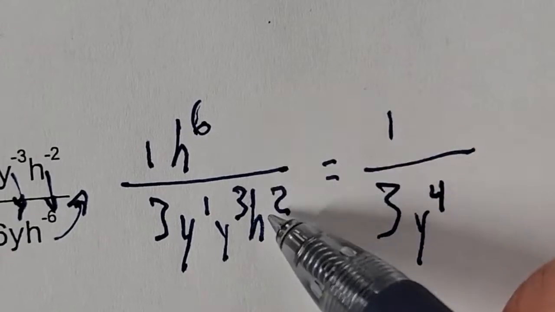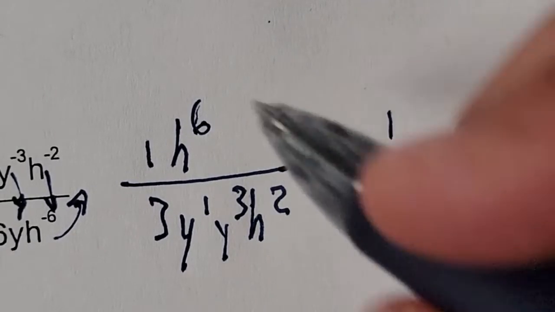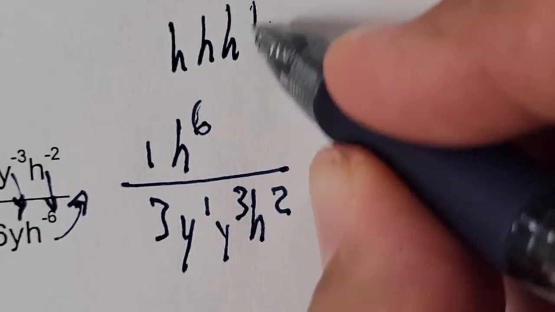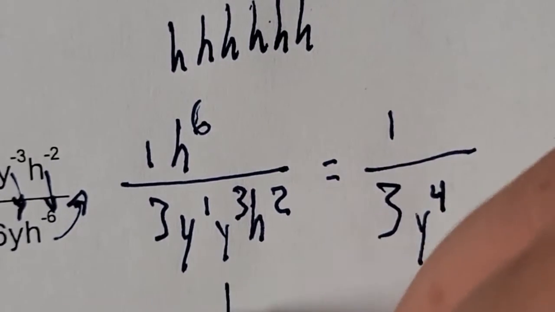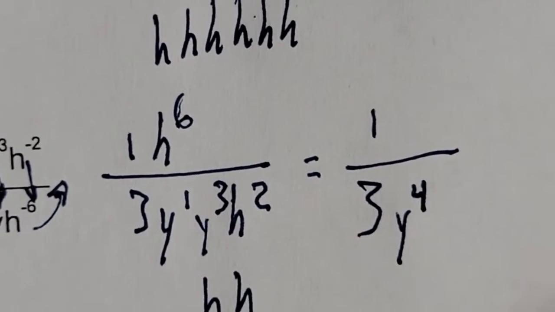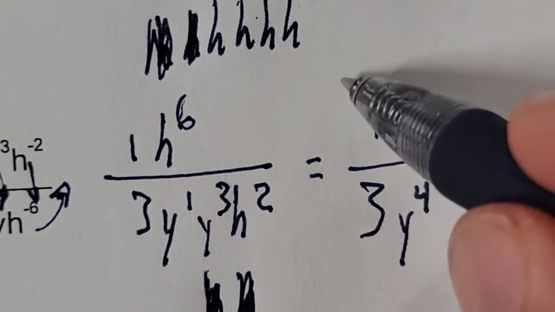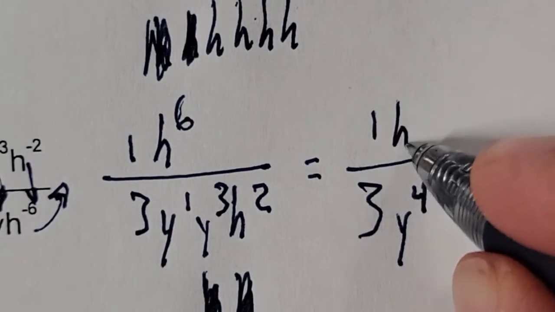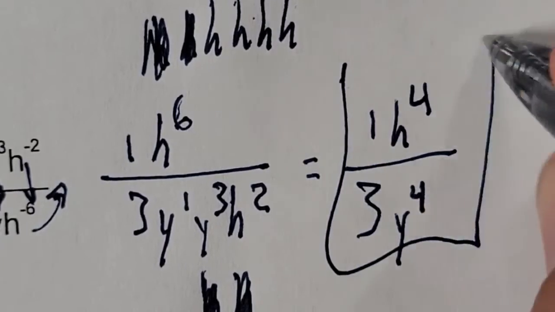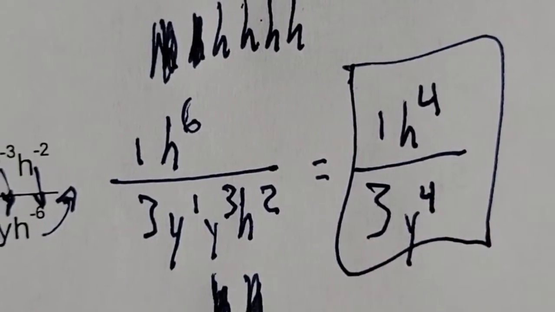Now here, these are not next to each other, guys. These are on top and these are on bottom. So remember, we have 6 h's on top. We have 2 h's on bottom. So we're going to start eliminating. Eliminate, eliminate, eliminate, eliminate. I have 4 h's left over, h to the 4th. All right, on the bottom part, if you want to expand it,